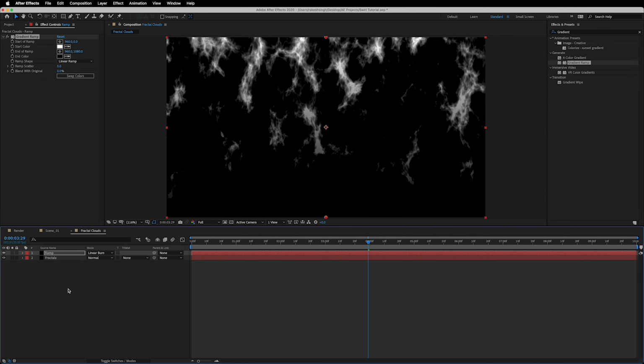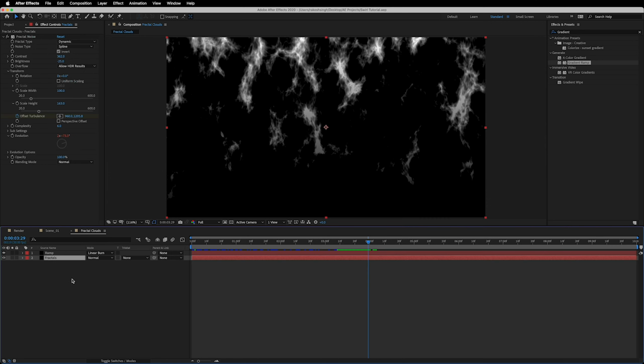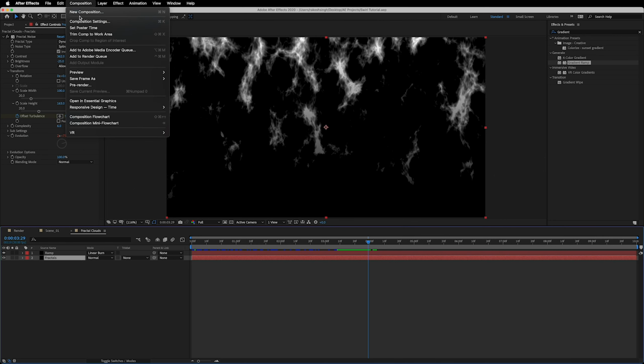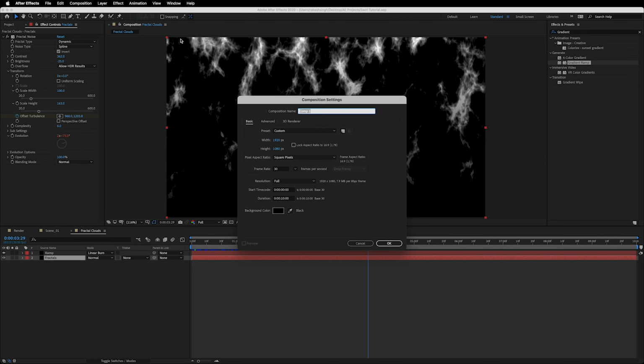Okay, and the purpose of using this gradient was only to hide some portion of the fractal cloud that we have created, right? And fractal noise is one of my favorite effects because we can achieve a number of different animations using it. Okay, so now let's quickly go to this composition and we'll create one more composition, and let's call this fractal clouds warp. Hit OK, and then we'll